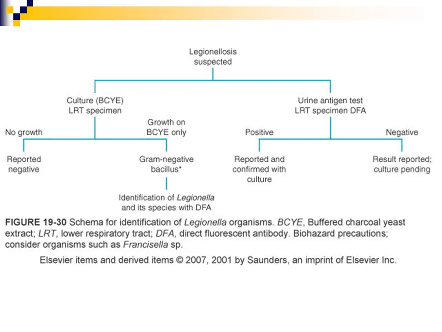Now here's a flow chart for the Legionella organisms. If Legionellosis is suspected, you would want to culture your specimen on your BCYE. You likely would also use blood agar, because classically it would not grow on the blood agar, but it would grow on the BCYE. And usually it's going to take about 3 to 5 days.